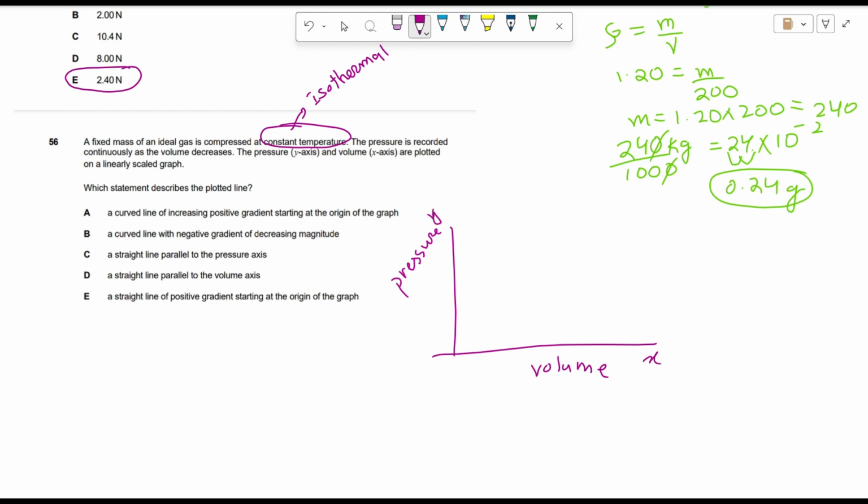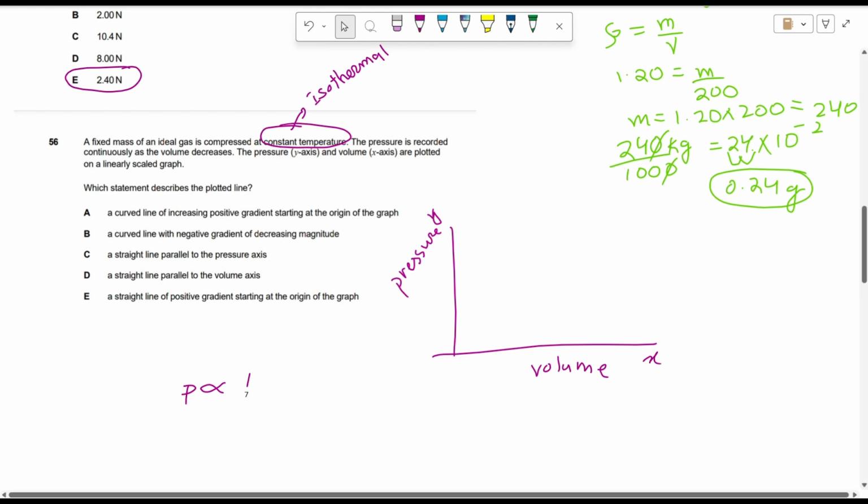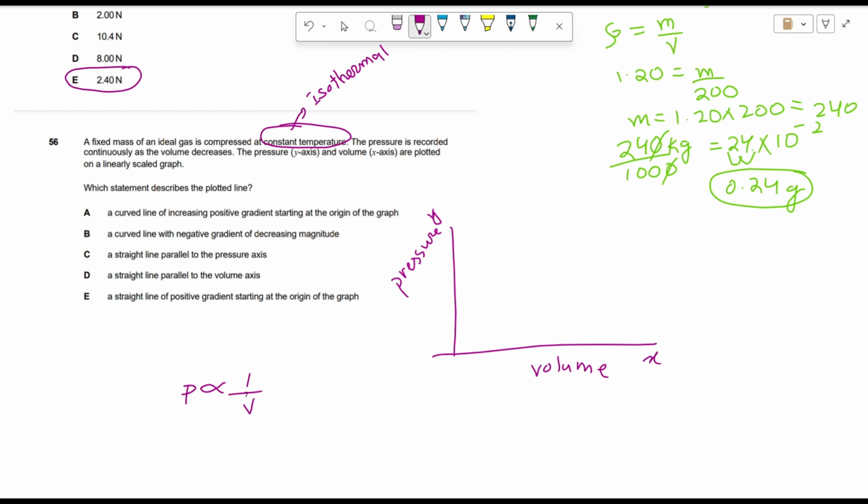Now see, where it is isothermal, where temperature is constant and we are supposed to find the relationship between pressure and volume, you must know Boyle's law. Boyle's law says the pressure of a gas is inversely proportional to volume, given that temperature is constant, which means an isothermal graph. When pressure increases, volume decreases. So its graph would be,